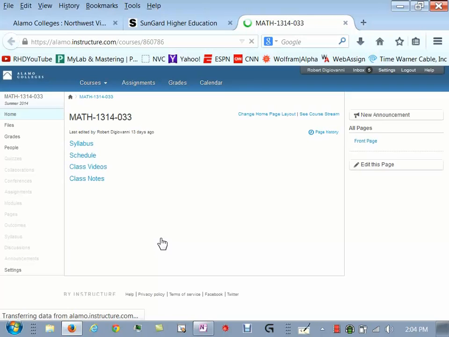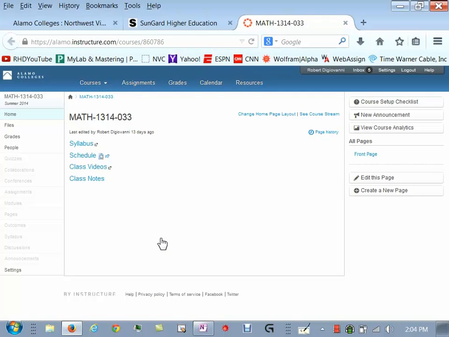All right, this is the main page for this class. I expect that every student can get to this page. All communication will be done through this. So we don't use personal emails, your Yahoo account, or anything like that. Everything is done through this system. It usually does take a few seconds to load. We'll see what happens. There it is.